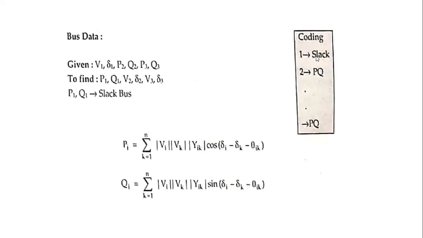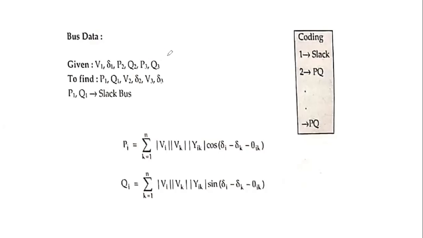In the slack bus, which terms are known terms will be explained in the last class. We have 4 variables, that is P, Q, V and delta. In the PV bus, the known terms are P and V. In the PQ bus, the known terms are P and Q. In the slack bus, the known terms are V and delta. That all was discussed in the last class, and I have also sent the material for that last class.